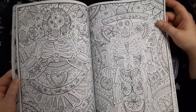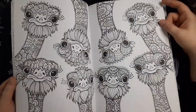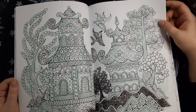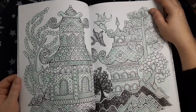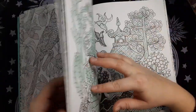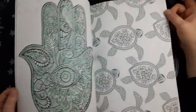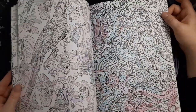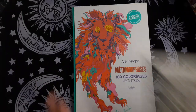Okay, I like this. Yeah, this one's just super weird. And then yeah, the monochrome color strikes again. Yeah, this one was not great. Super cheap though. But this